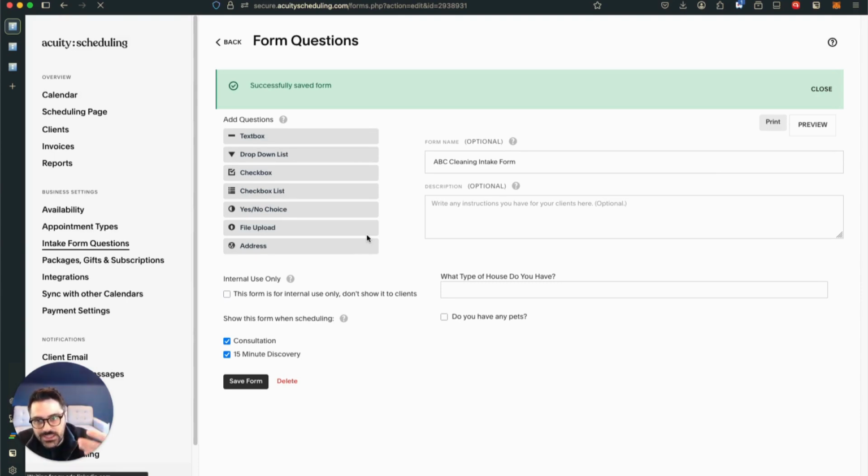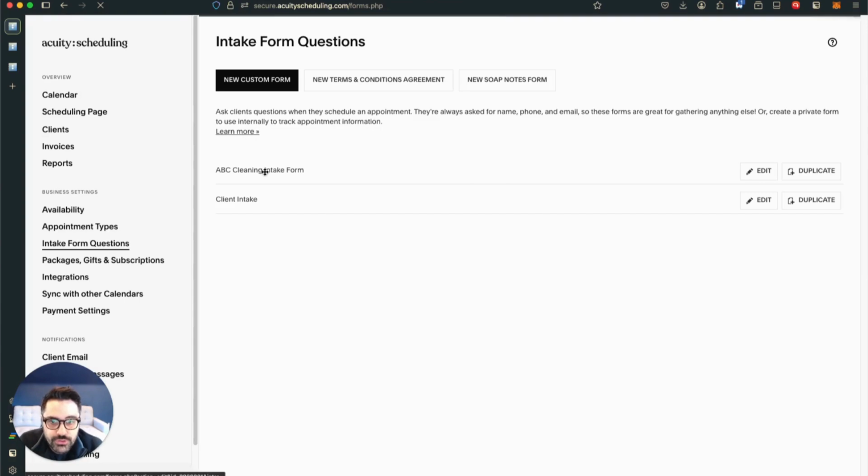So you can see here how, if you're a mechanic or a hairdresser or someone that needs to collect information about the client before they meet with you, this could be very important. And so I'd encourage you, if you're looking at this, to definitely take a look at this feature. So if I go back here,